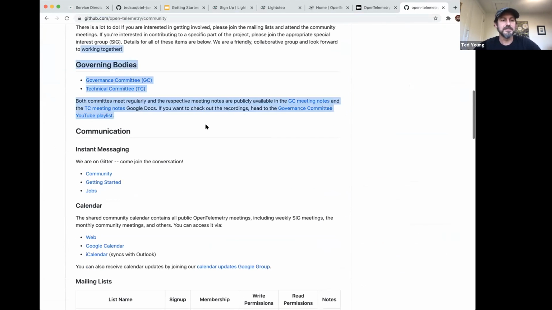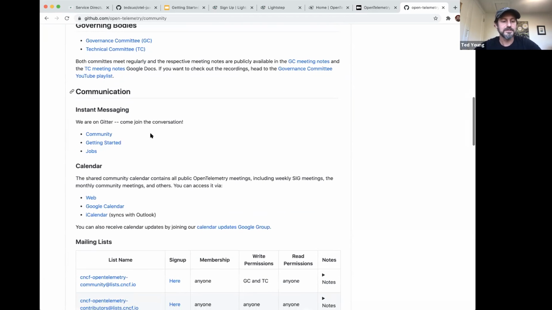This also explains the governance structure of the project. So we have a governance committee, which I'm on, which defines all the rules and bottom lines the project, and then a technical committee, which is bottom lining the specification work. Then every implementation has a set of maintainers, approvers, and triagers that work on it. So it's a pretty large community.